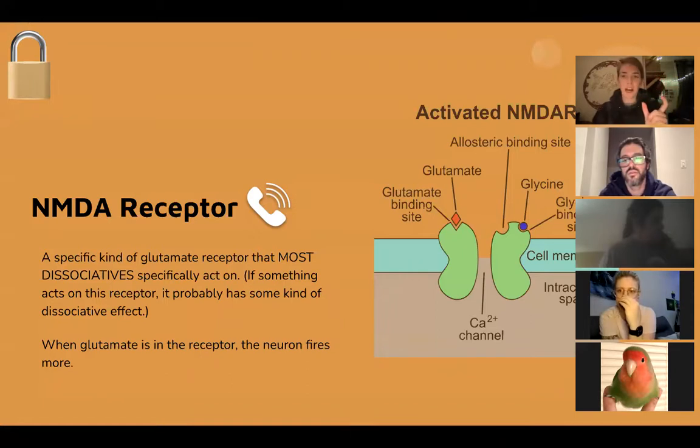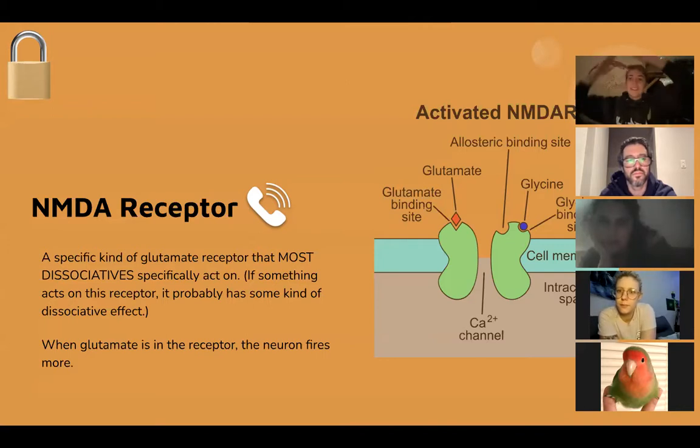There's a specific kind called the NMDA receptor. If you were all in my classroom in person, I would have you stand up and say, it's fun to party with NMDA, because everyone thinks that it's MDMA, and it's always really funny to watch people fail at it 6 months later.